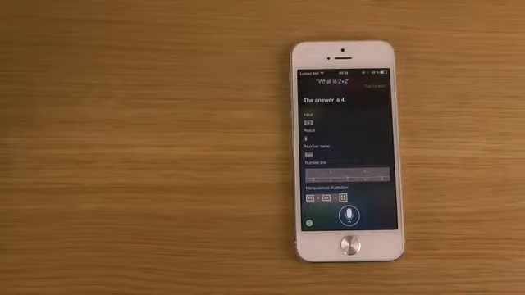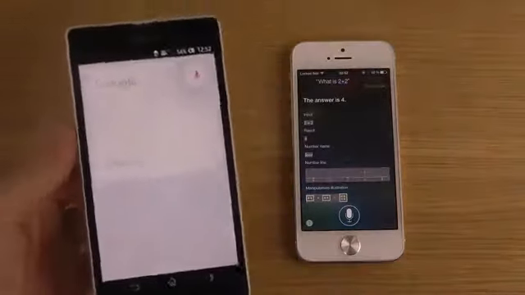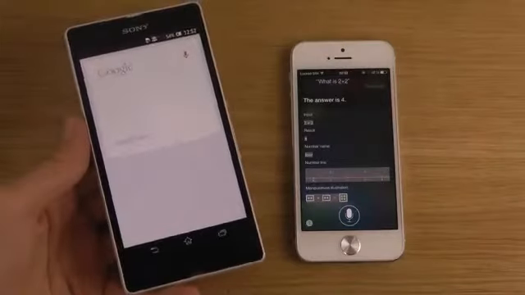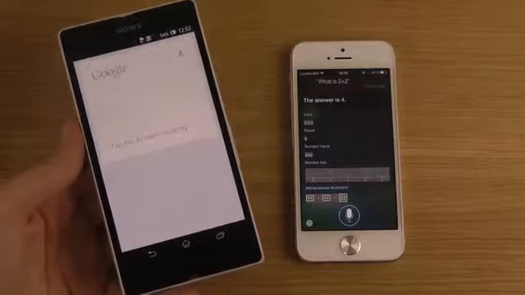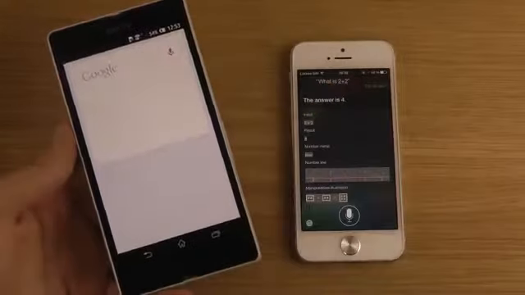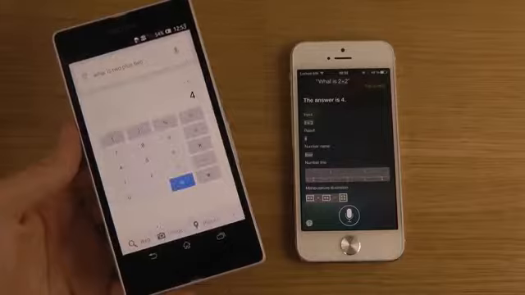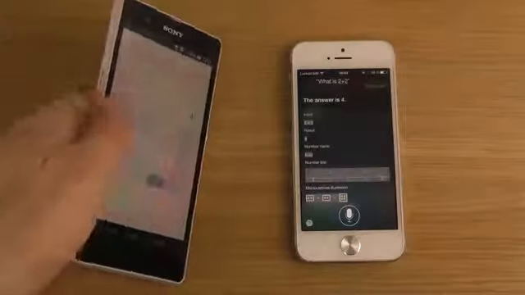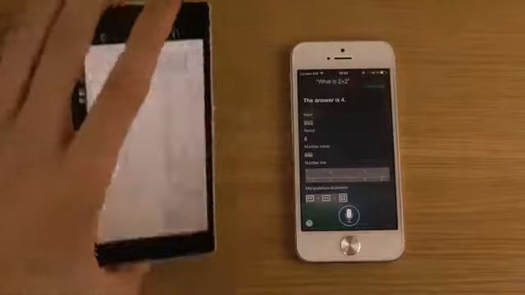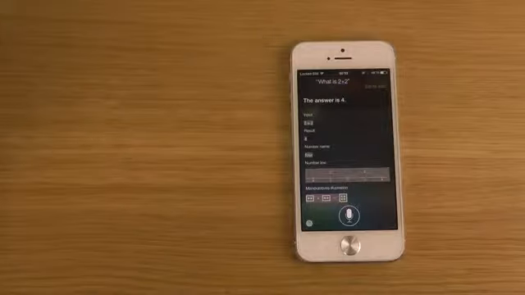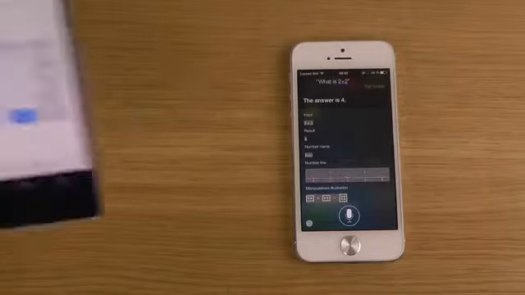So of course, what is 2 plus 2? If you want to use, what is 2 plus 2? The answer is 4. So as you can see, if you want to use voice assistant on the Xperia Z here, of course we can just use Google Now, which is nice. And of course we can also do other things like